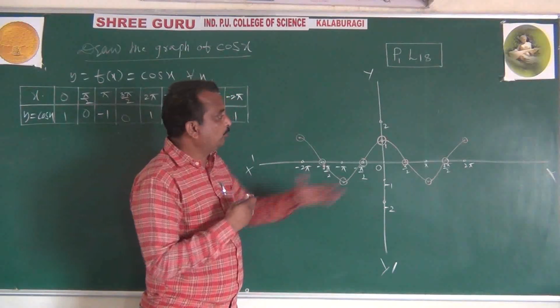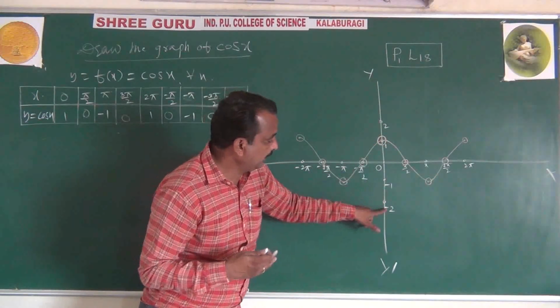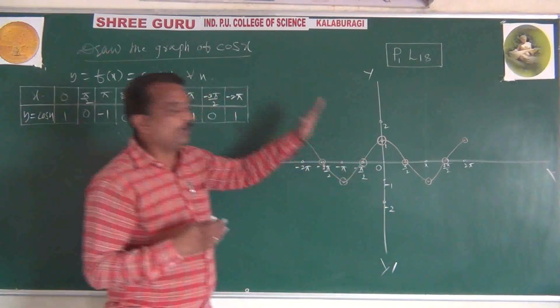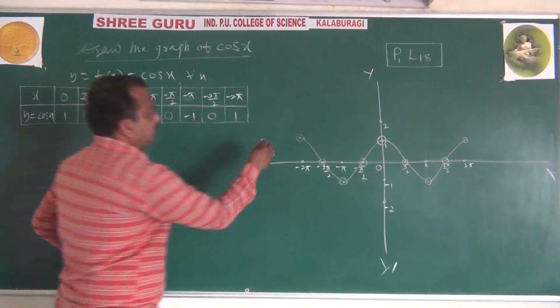So it can't proceed more than 1. Here mark 1 and here 2, here minus 1 and here minus 2. It can't proceed beyond 1 and minus 1. It oscillates between plus 1 and minus 1. Let us see the